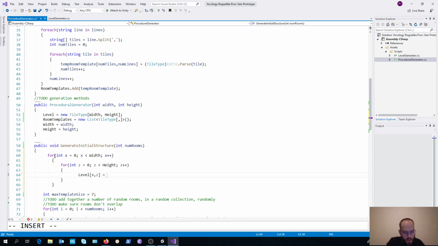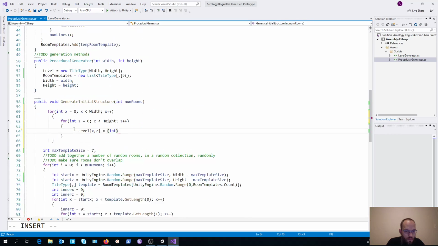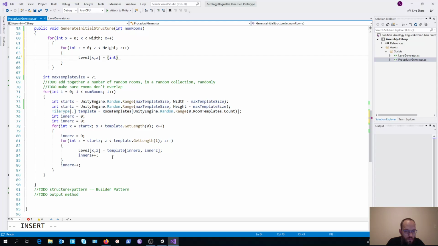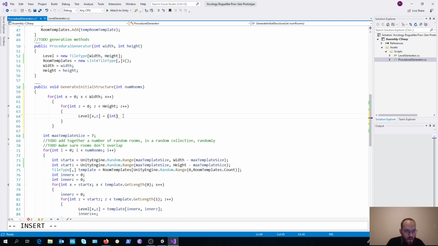Just to make sure that we are actually doing this correctly, we can just use tiletype.mt to do that.